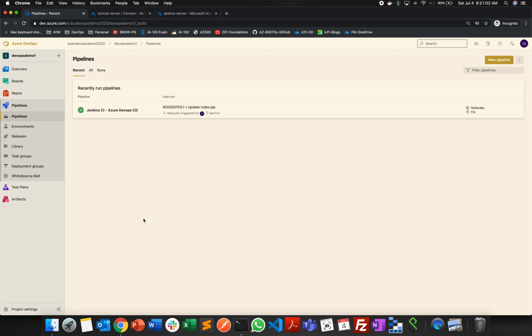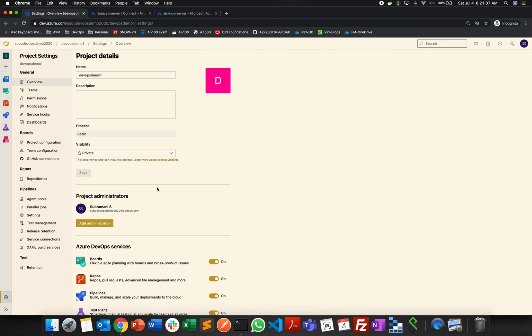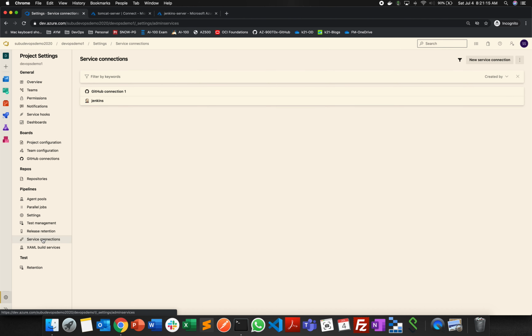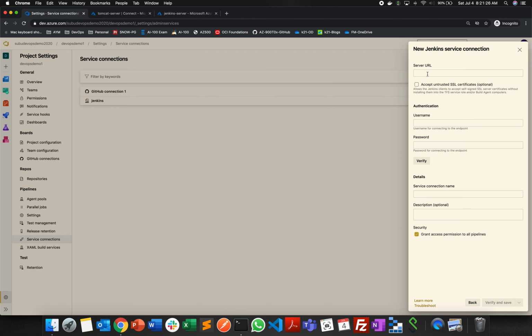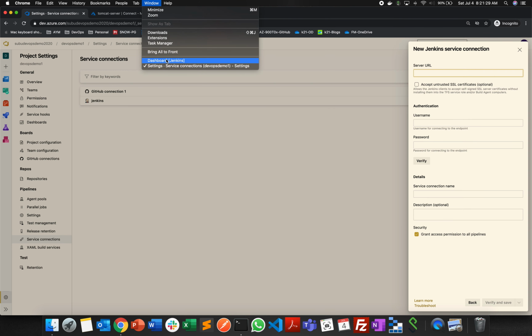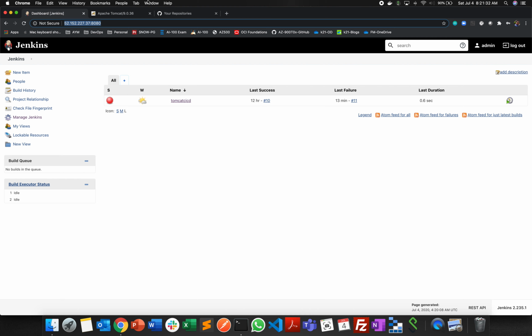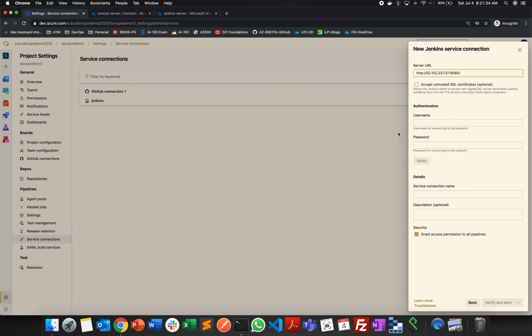So now I see the Jenkins server is up and running, right? What I'm going to do, I am going to this project settings, and yesterday, if you remember, I was telling you about the options of service hooks and service connection. Now let me go to service connection, and here I'm just clicking on new service connection, and you have an option of Jenkins. Okay, so I'm just clicking on Jenkins and click on next, and this is going to be the URL that you needed from the Jenkins site. So if you see, this is my public IP : port number. So this is going to be my URL, and the username that I have given over there is